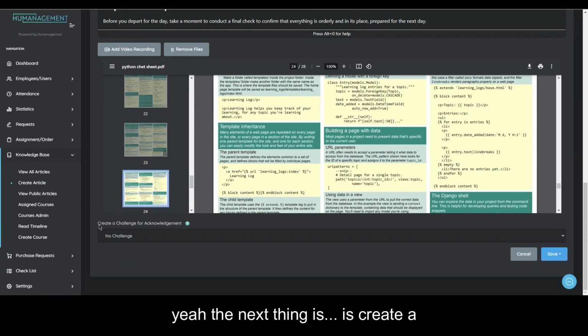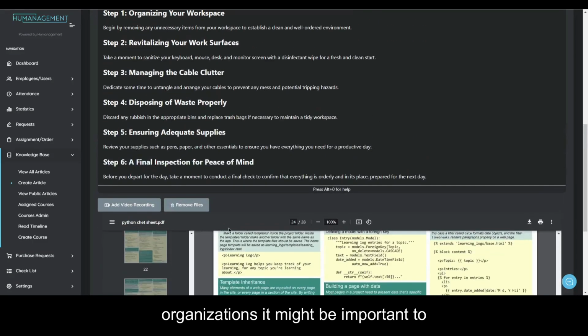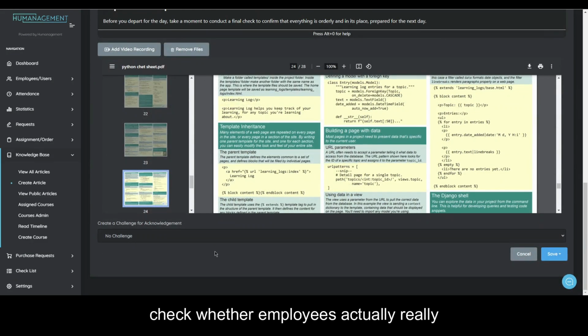The next thing is create a challenge or acknowledgement. In certain organizations, it might be important to check whether employees